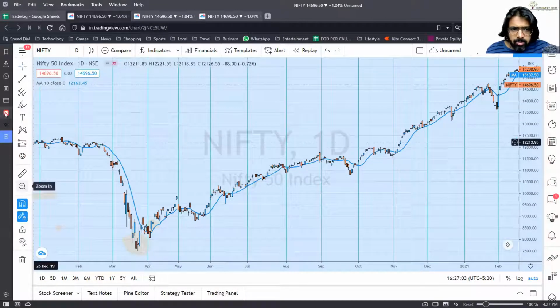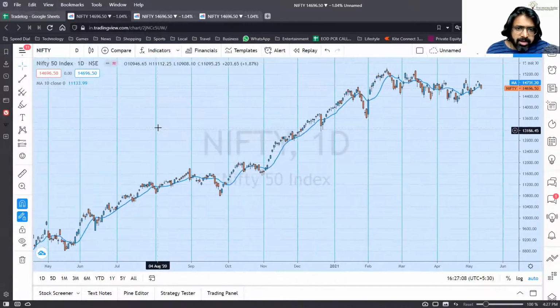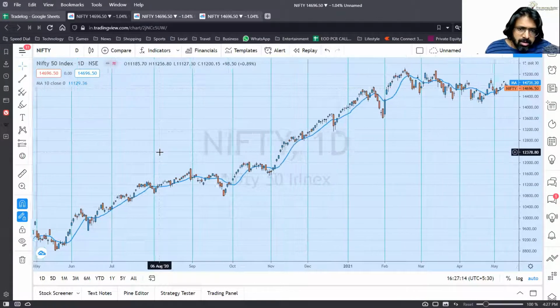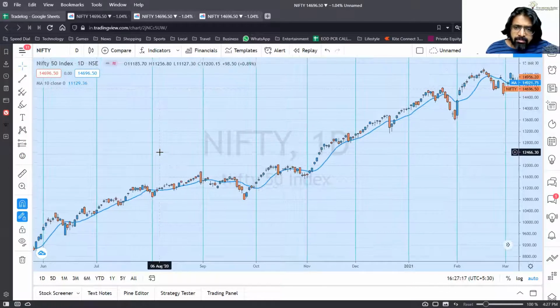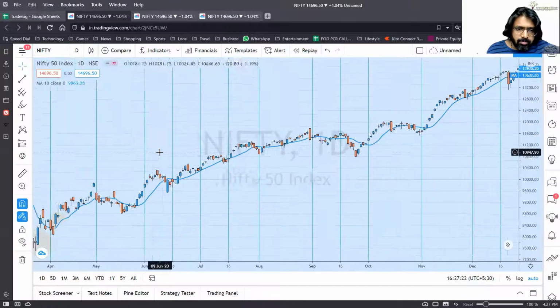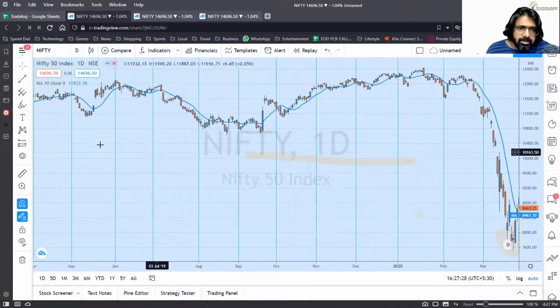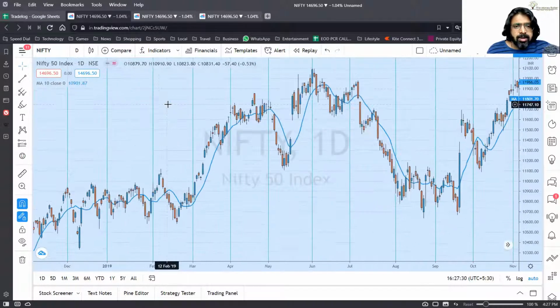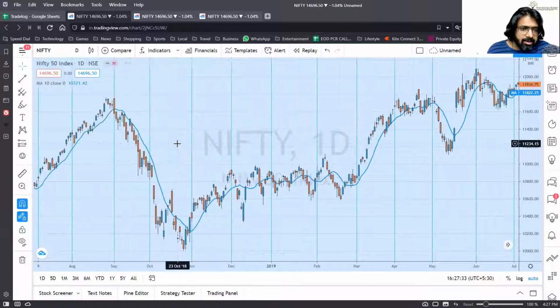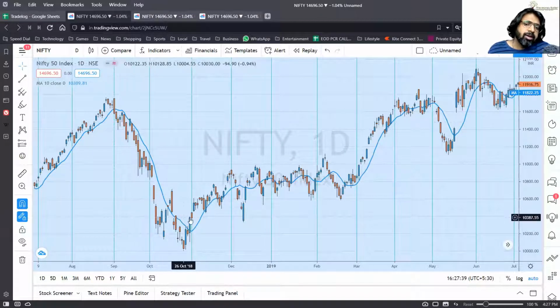So this is about moving averages. When you talk about how you trade using a moving average, or what the purpose of a moving average is, let me tell you that if you have selected the right moving average, it not only tells you the price average, but in a trending market, if the price crosses above or crosses below that moving average, that becomes the new trend.